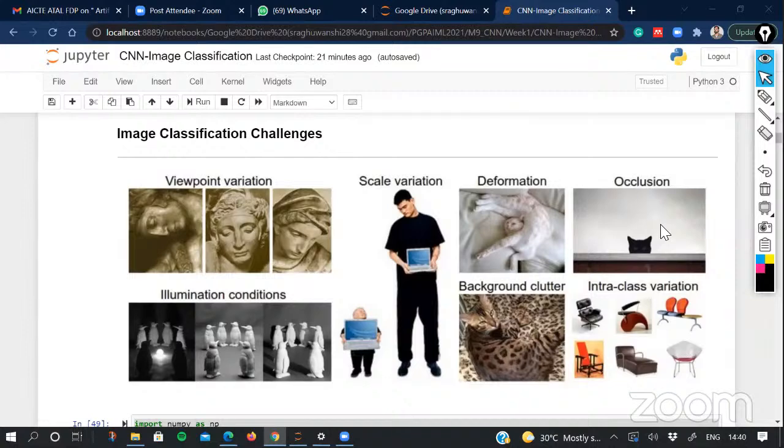And sometimes we see that there are a lot of intra-class variations available. For example, we can have different kinds of chairs. Let's suppose you want to create a model for furniture classification, or chair classification, or table classification. We know that with respect to the chair, there can be many different forms of chairs available. So due to these variations, we can say that image classification is a challenge, especially when you want to do image classification with the help of a machine or a computer. And especially when we use machine learning or deep learning approaches to solve these image classification problems, you need to face all these challenges.